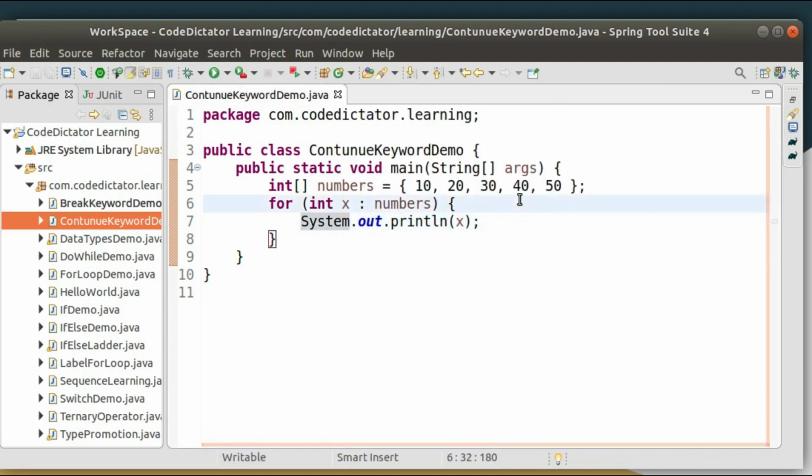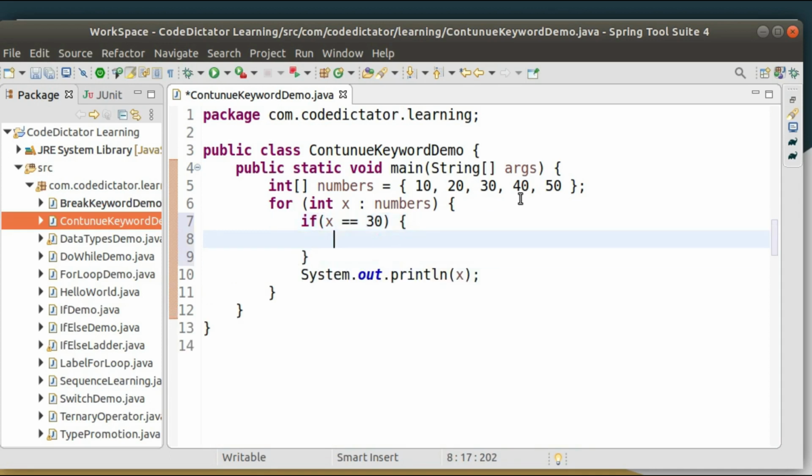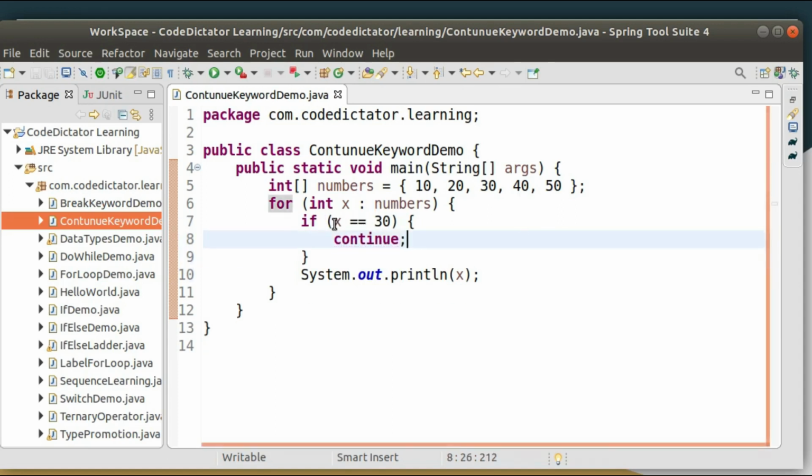Now I want to skip a particular statement when the value becomes 30. So I can use if x equals 30, then simply write the continue keyword. The continue keyword will skip that particular iteration when the value becomes 30.